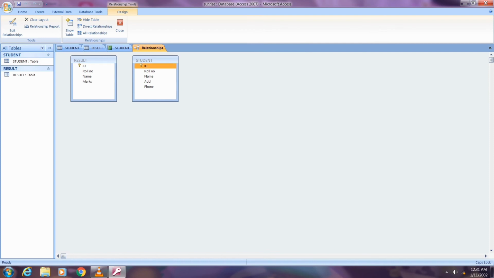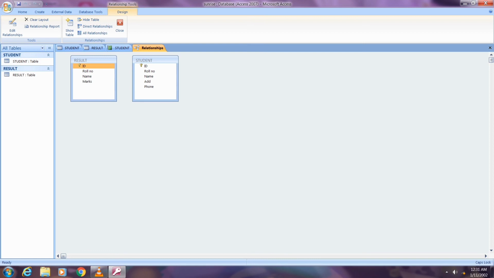Drag the primary key of the prime table. The prime table is the student table. Then I will drag the primary key of this table to the result table and drop it on the same field in the secondary table, here the result table.